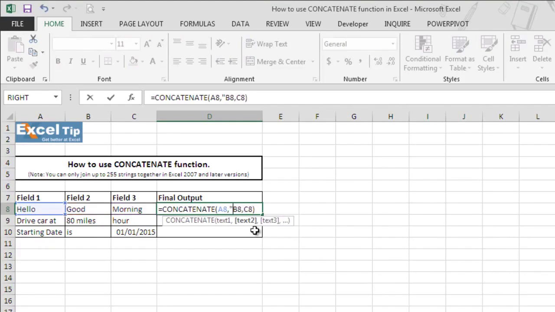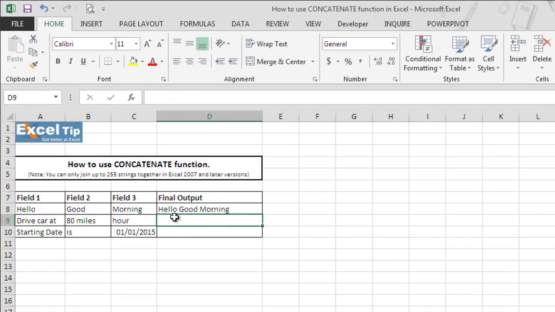So we'll enter a single space in the quotation marks, comma, and now we'll do the same thing after the second string, single space in quotation marks, and now we hit enter, and here we go. Now the function returns hello good morning with the required spaces in between.